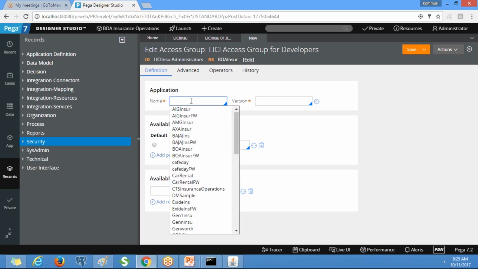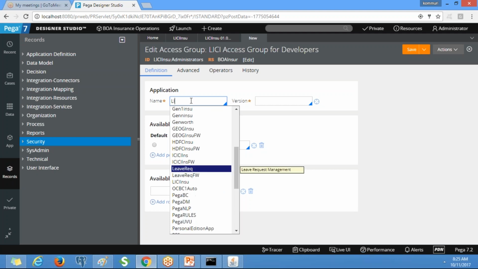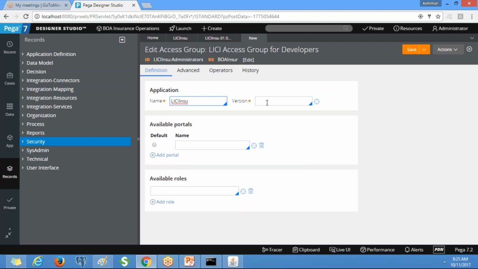You define the application which we have created, so we need to select that. Our application is LIC insurance. For the version, 01.01.01 will be there by default, and you need to select that. Here we need to select roles.